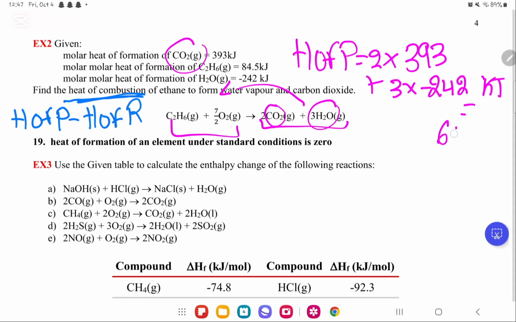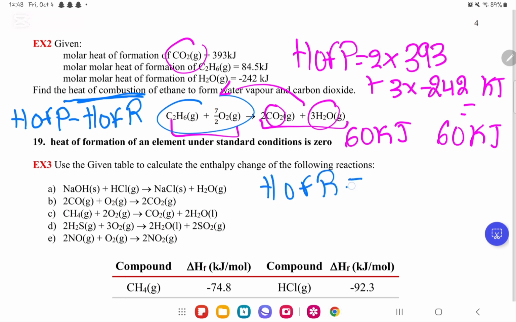We are gonna get 60 kilojoules. So the heat of products is 60 kilojoules. Now let's find the heat of reactants. Heat of reactants is 1 times C2H6, so 1 times 84.5, okay, plus